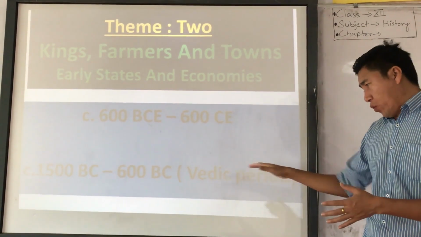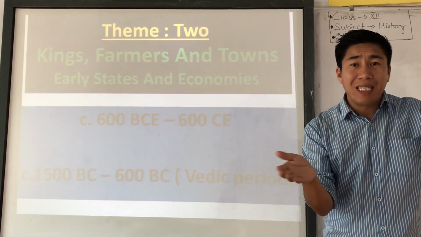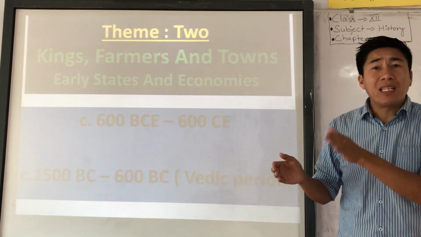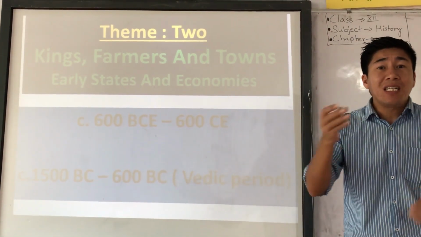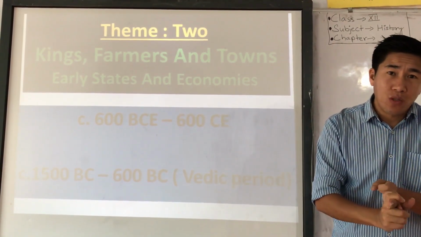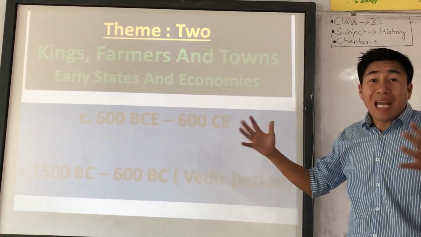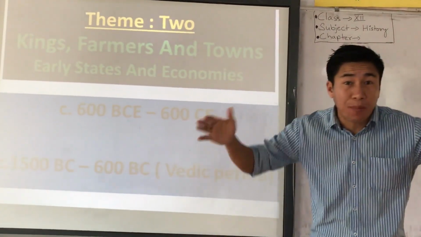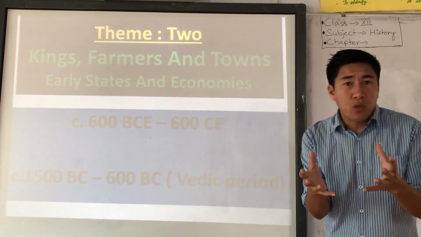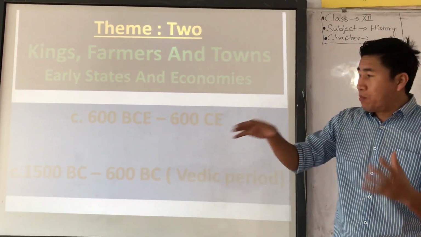From 1500 BC to 1200 BC, Brahmins started writing the Rig Vedic texts. Then from 1000 to 600 BC, they started writing another 3 texts of the Vedic period: the Sama Veda, Yajur Veda, and Atharva Veda. So that period is called the Vedic period. Now we are going to discuss what happened in the Indian subcontinent between this period, and look at some of the changes that happened or started in this period.